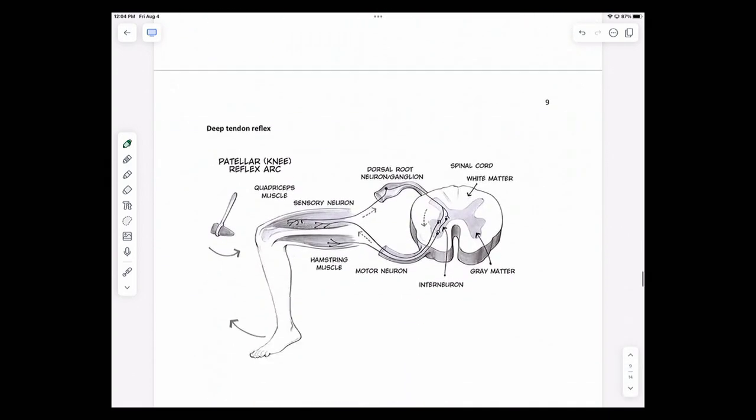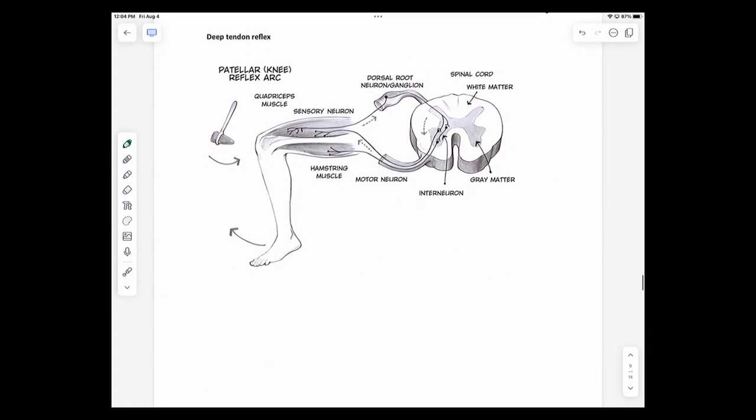So I want to close by showing you or explaining what a deep tendon reflex is. A deep tendon reflex is that if you were to put a force on a tendon, and that force on the tendon then is going to give a quick yank to the muscle that the tendon is attached to, you'll actually make that muscle then twitch, or you'll make it have a quick jerk.